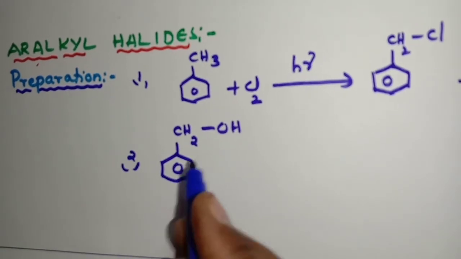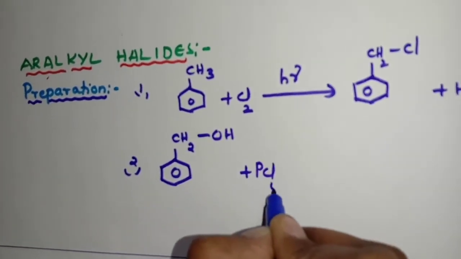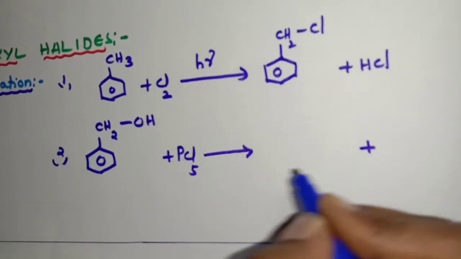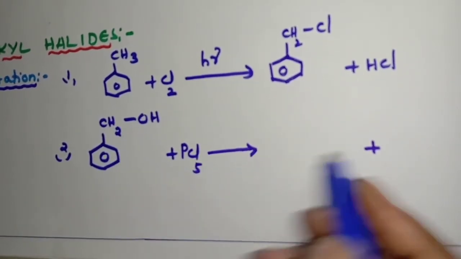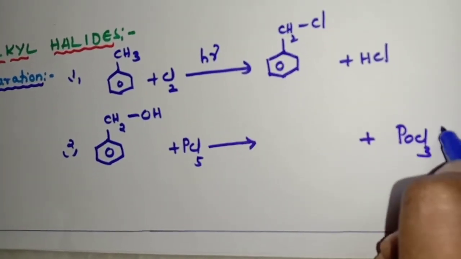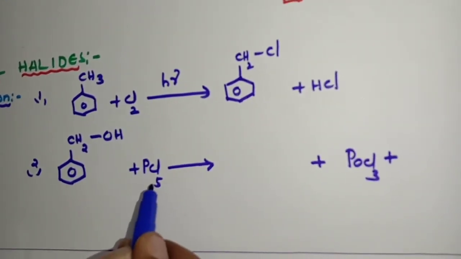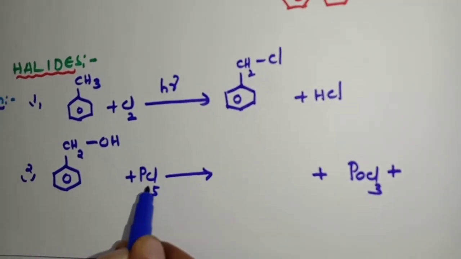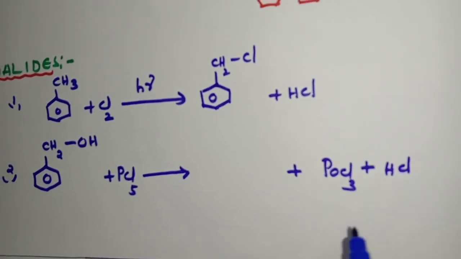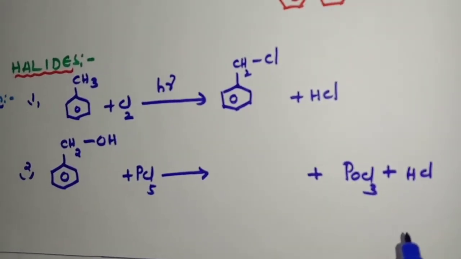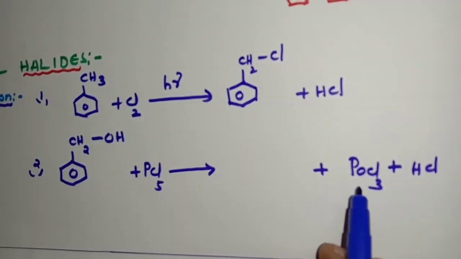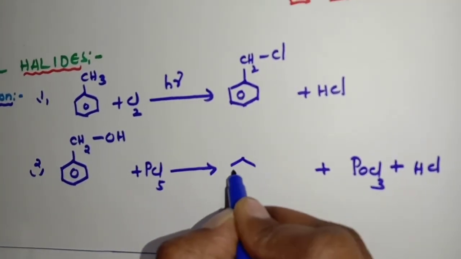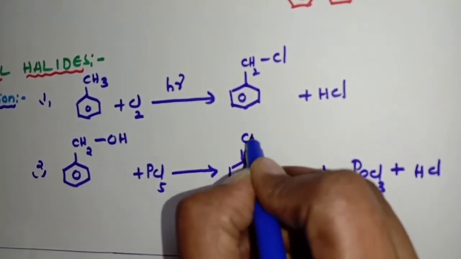This is called as benzyl alcohol plus PCl5. So the byproducts coming out, I will tell you first. POCl3. Okay. POCl3, students. And here hydrogen is there and one Cl, so comes out as HCl. So total how many chlorine atoms are over? 4 are over, na? So oxygen also has come out with phosphorus. So what is remaining? Only one Cl atom is remaining. So it is replaced in the place of OH.